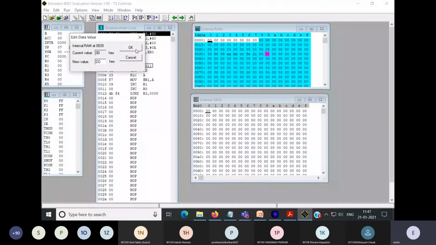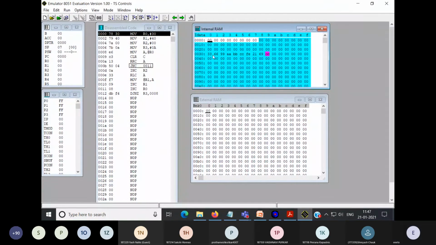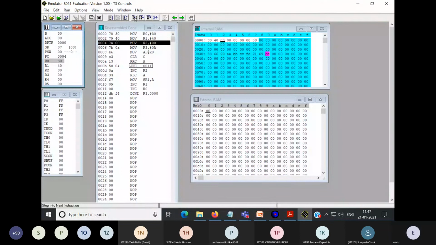Now I have these 10 numbers, correct? And same thing I have to do, run step by step. So initially R0 is equal to 30, data pointer. R1 is equal to 40, result pointer. R2 is equal to 0, odd number counter. R3 is equal to 0A, total number counter.